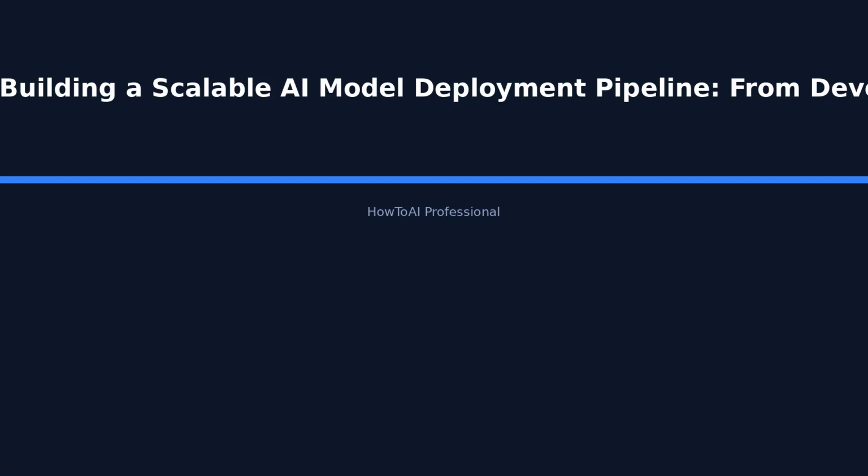Section 5, Model Deployment Strategies. Once your pipeline is set up, you need to decide on a deployment strategy. There are several strategies you can consider, including: